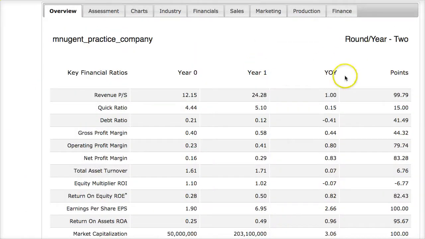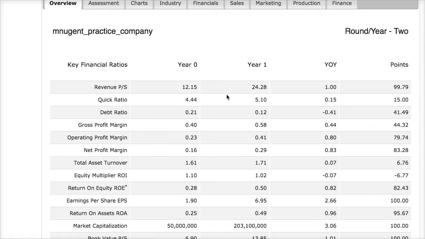Now I'm in round 2 of the demo. So the first thing I would do, and this is what you should do if you're moving into round 2, is review your overview points. Now this is the demo, of course, or a practice game. You need to do this in the real team competition, but you can use the practice games to work out some questions or details or strategy.